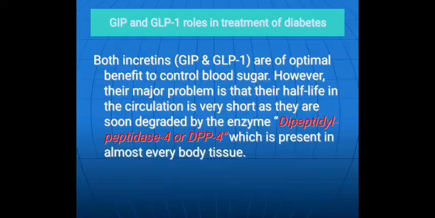However, their major problem is that their half-life in the circulation is very short, and they are soon degraded by enzyme. As they regulate glucose level, but their problem is their short half-life, because